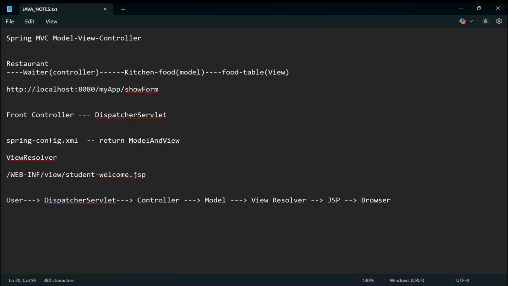Let's discuss now more about the dispatcher servlet. Now that we have understood the Spring MVC architecture at a high level, let's zoom in and go a little deeper. As I told you, the dispatcher servlet is the mastermind that controls everything in Spring MVC. So if someone asks you what the dispatcher servlet actually is,